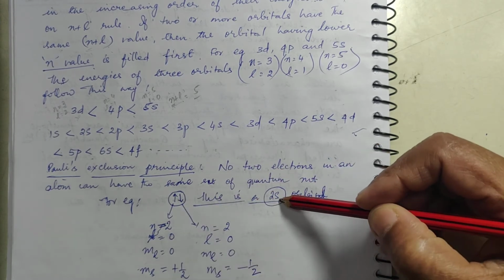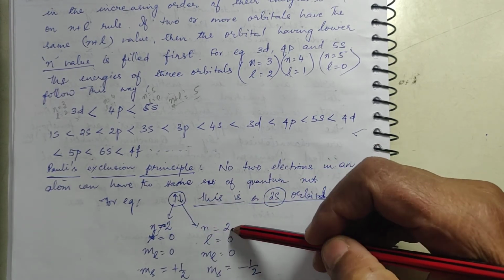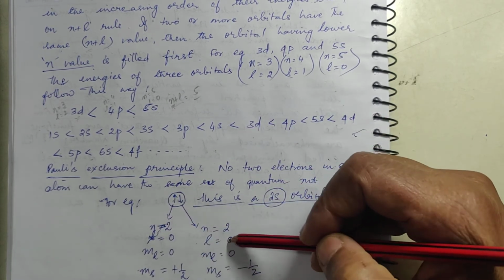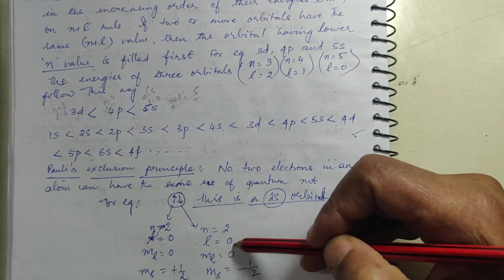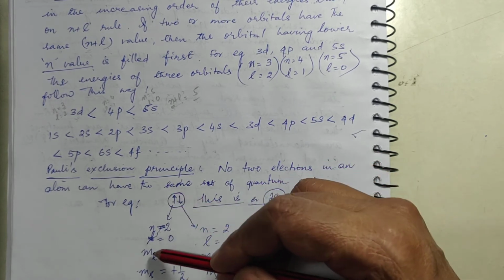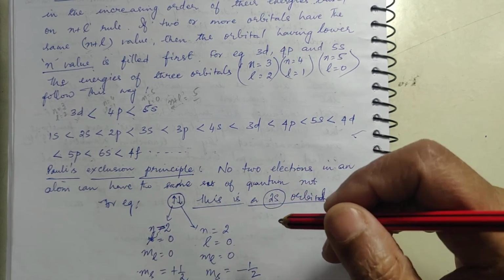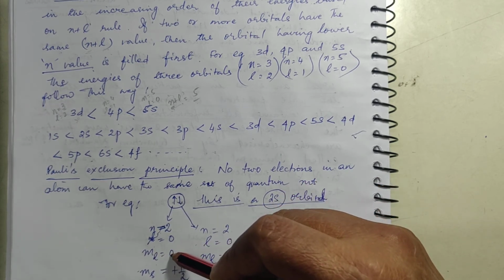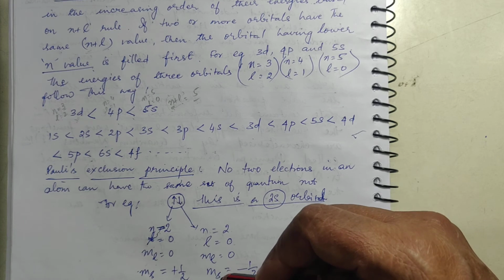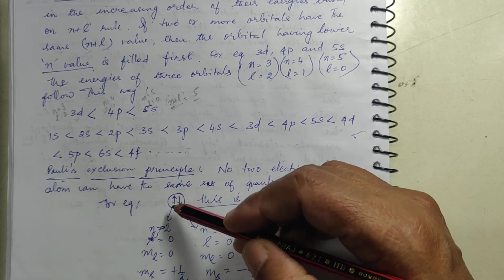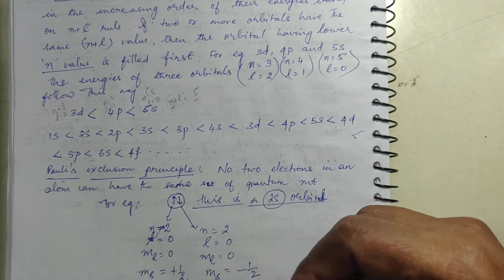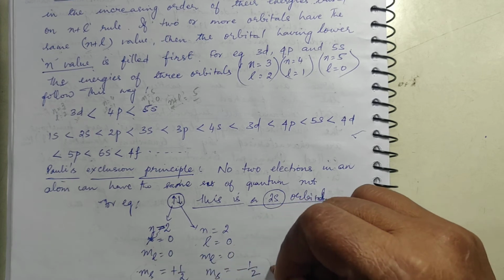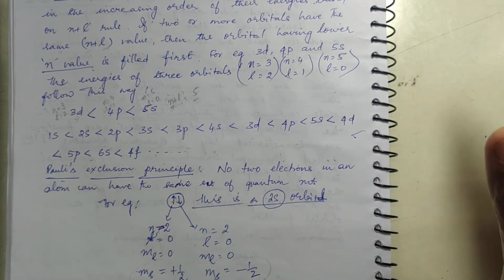Now let us consider it is 2s. So your n will be equal to 2, both for this electron as well as for this electron. Then L value will be 0 because s orbital means L is equal to 0. So since it is 2s, then here also L is equal to 0. Then what is ML? ML also is equal to 0 and ML here also it is equal to 0. Now when you consider the spin quantum number, one will have clockwise spin, the other one will have anti-clockwise spin. So one will have plus half, the other one will have minus half. So this is the only quantum number which differs. The rest three are same.